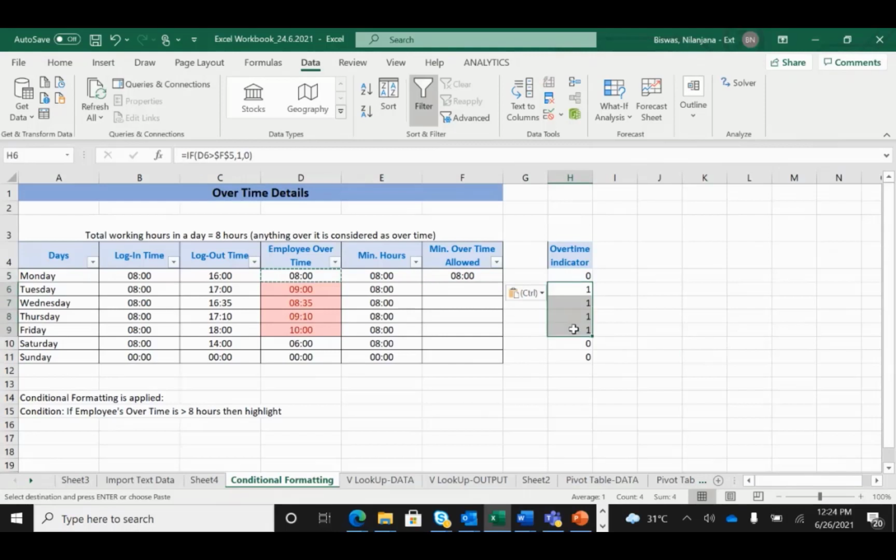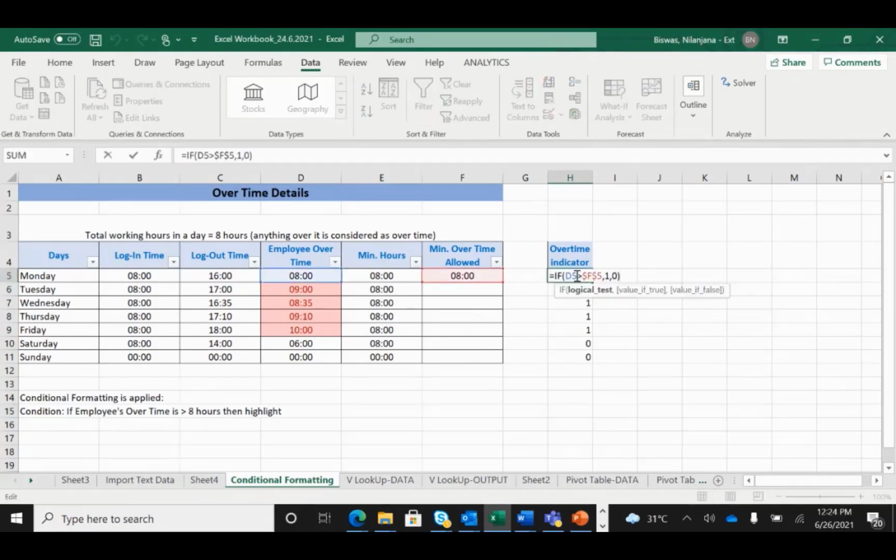Now, I've created an indicator which throws up a 1 whenever there is an overtime happening. Now I can put an AND condition also. So maybe they belong to a different function. Maybe the minimum hours for this particular function is, say, 6, then it is an overtime. And if this is 6 that they need to put in, I can loop in an AND condition here. So if, and then